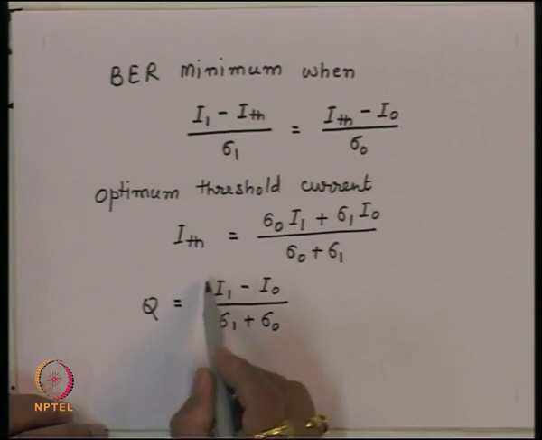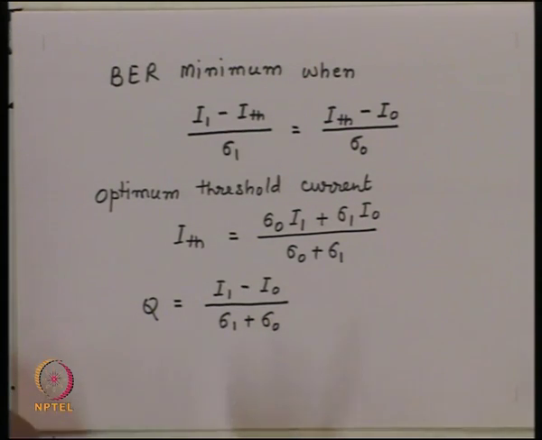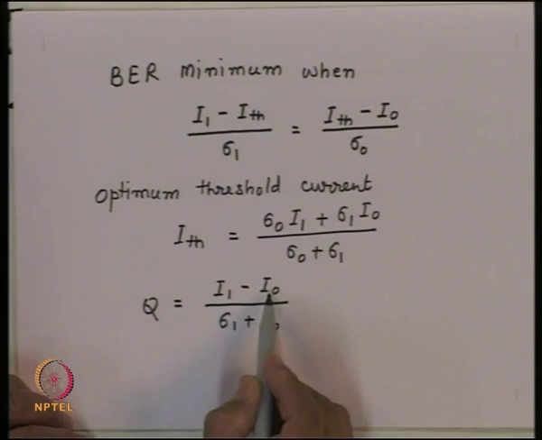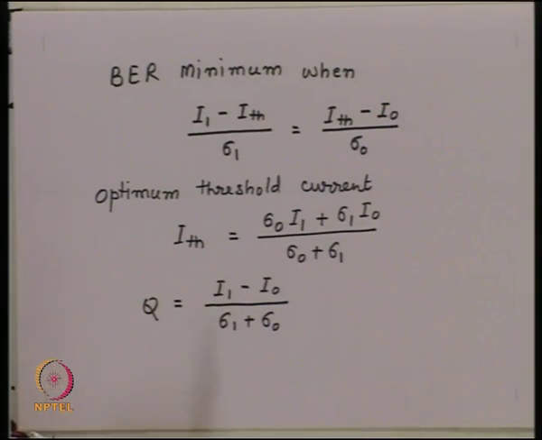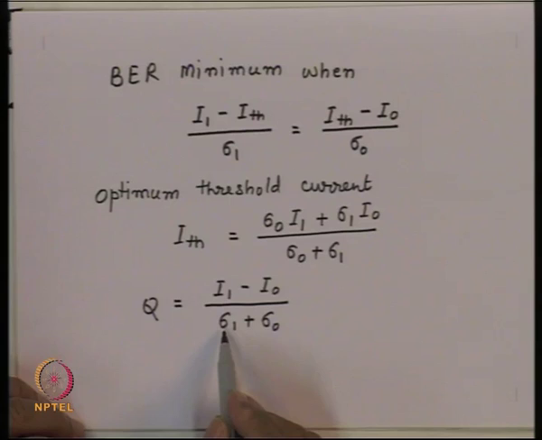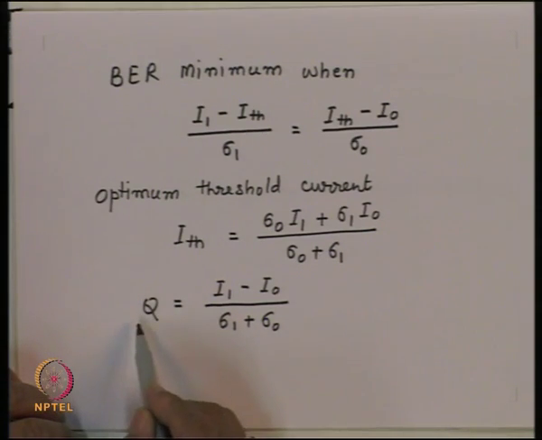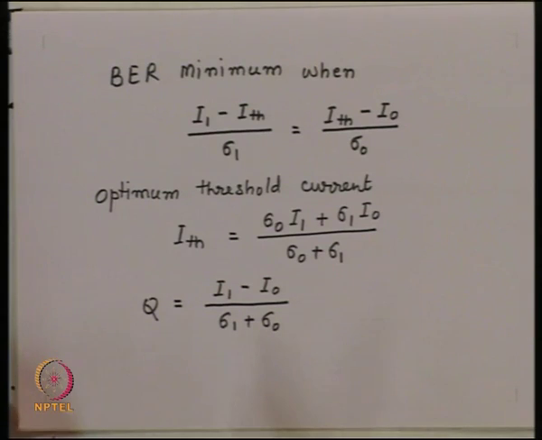We have also seen that this quantity is related to the noise margin of the data, because I1 minus I0 essentially gives you the swing between the two levels, and sigma 1 plus sigma 0 gives you essentially the encroachment in this swing because of the noise. So, this quantity Q essentially determines the quality of the data, which we measure in terms of the bit error